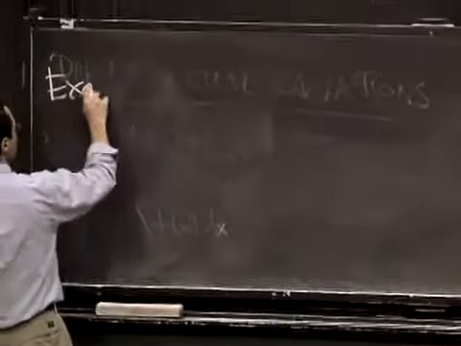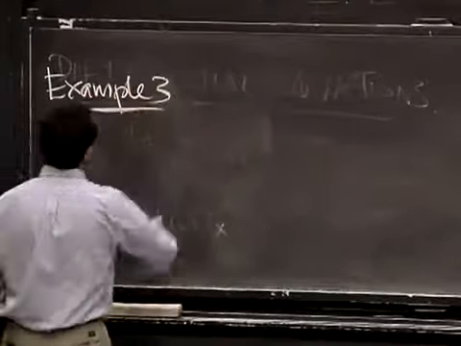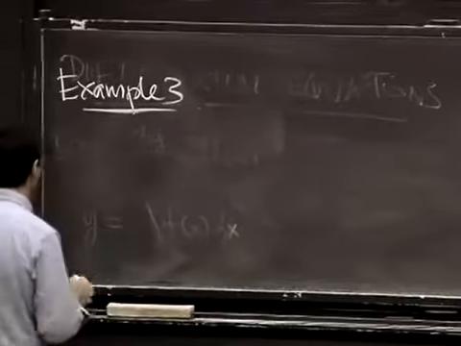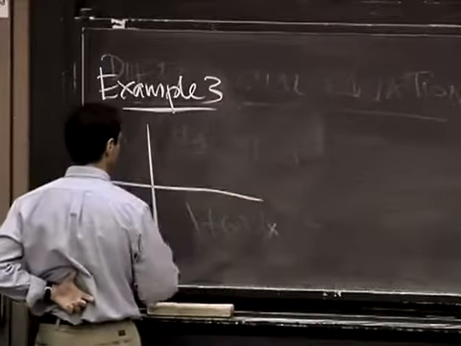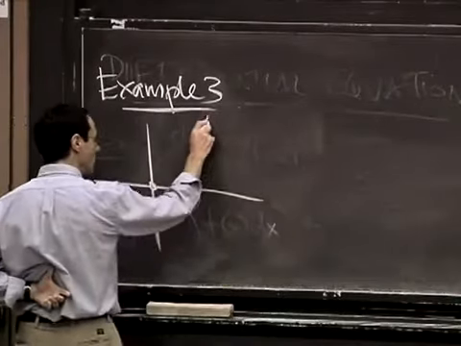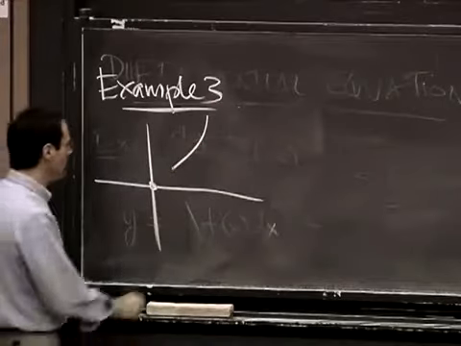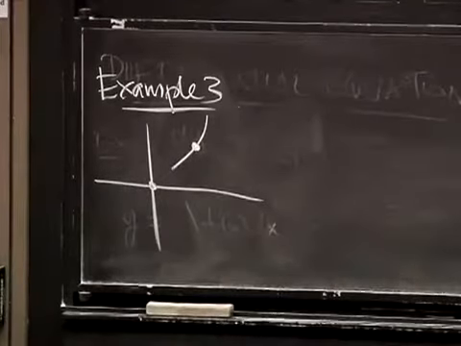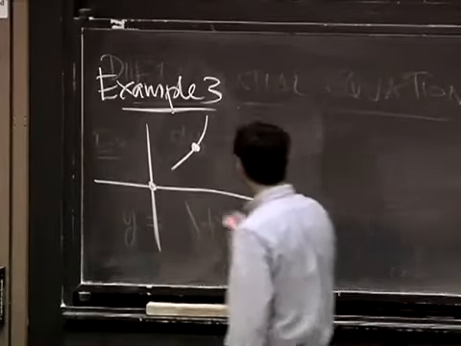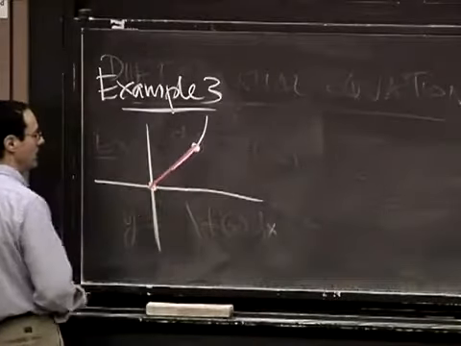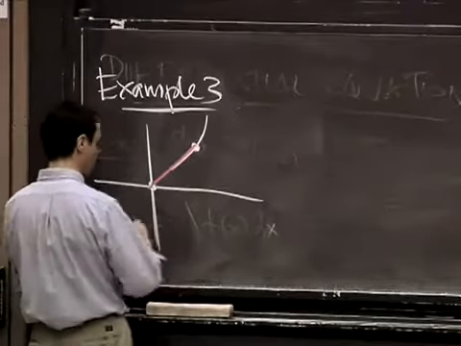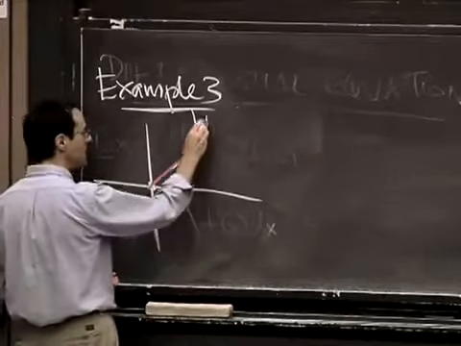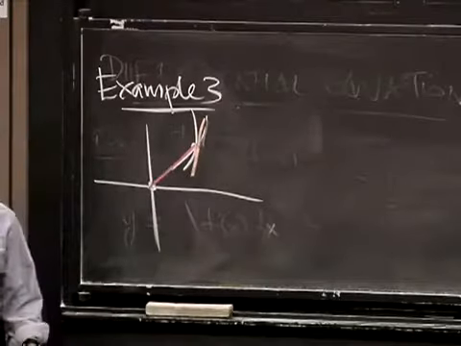Okay, so the third example is going to be taken as a kind of geometry problem. I'll draw a picture of it. Suppose you have a curve with the following property. If you take a point on the curve and you take the ray from the origin to the curve. Whoops, that's not going to be the one that I want. I think I'm going to want something which is steeper, because what I'm going to insist is that the tangent line be twice as steep as the